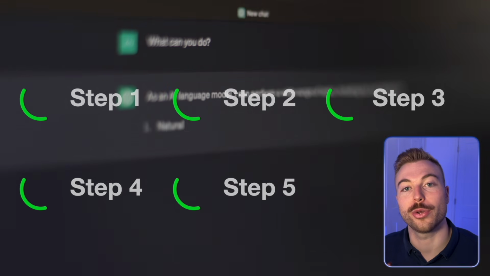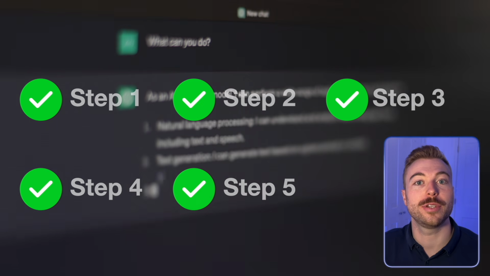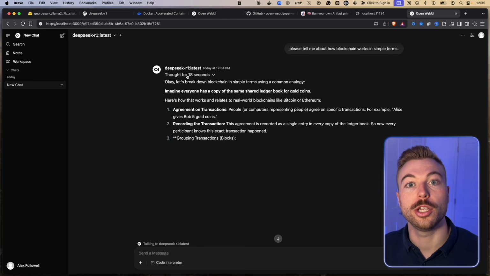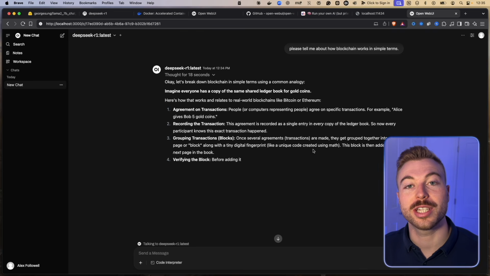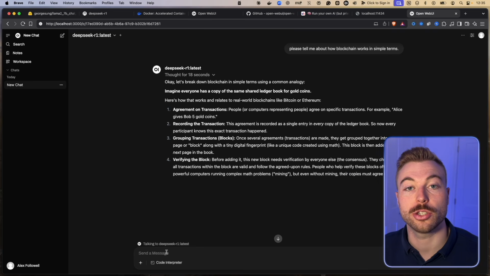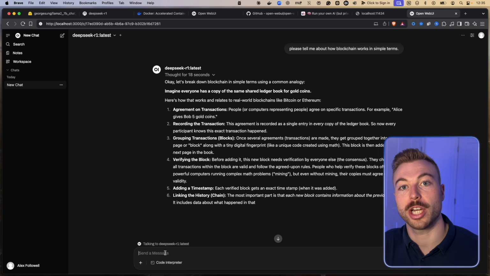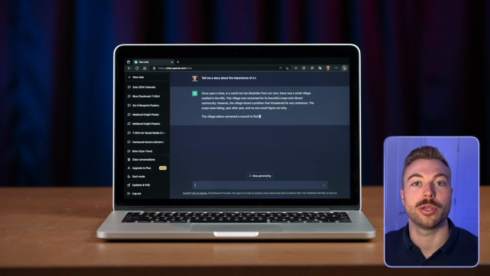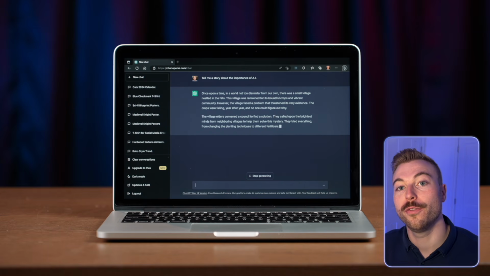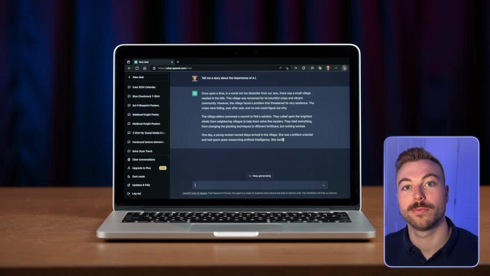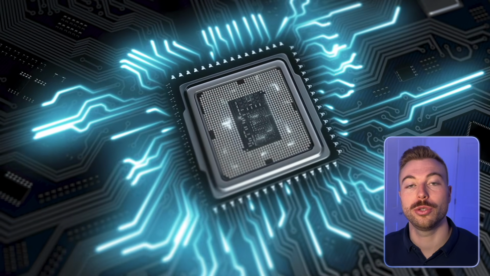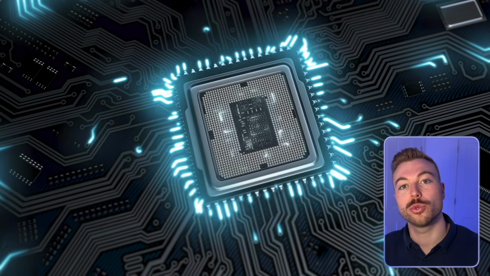I'm going to walk you through exactly how to do that in this video, like the latest one from Meta using Ollama. We're going to use OpenWebUI to get some really great chat interfaces, just like we would have with ChatGPT, but completely local. Everything working on Windows, Linux, or Mac, and how it's going to be using the GPU versus CPU for the performance. It's free, it's fast, and it's genuinely amazing what we're able to do with these powerful AI models now hosted